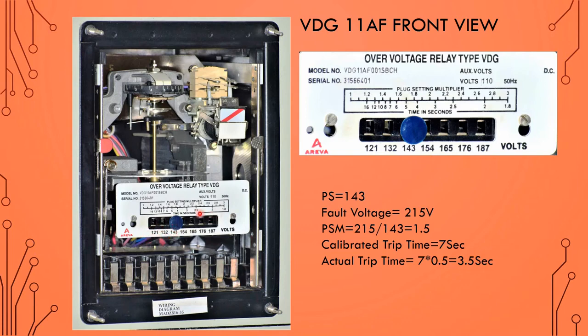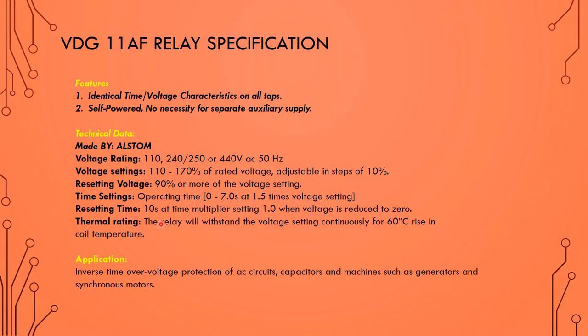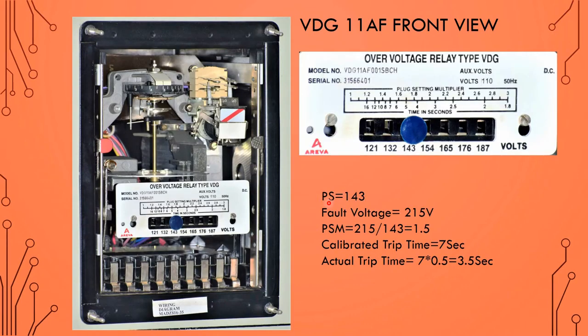So it is starting from 110% of the rated voltage to 170% of the rated voltage, and the resetting voltage is 90% or more of the voltage setting. Time setting, if you will see, this is 7 seconds at 1.5 times of the voltage setting. If you will see here, time setting is 7, here you can see 7 at 1.5 times of the voltage